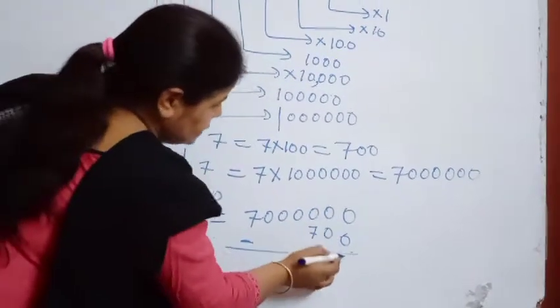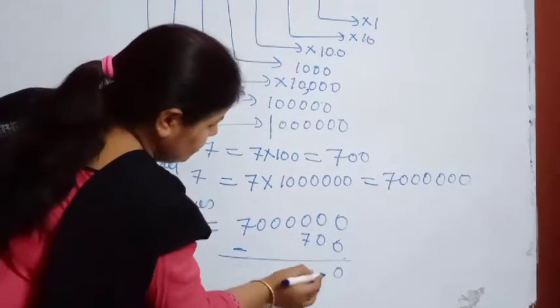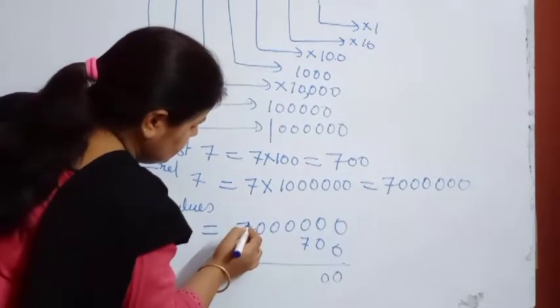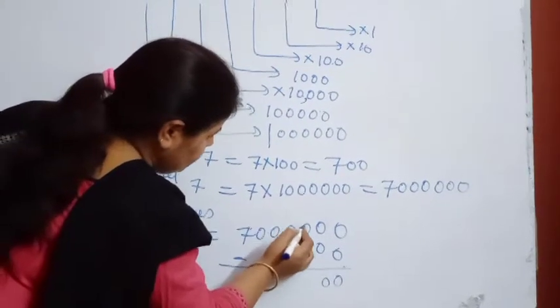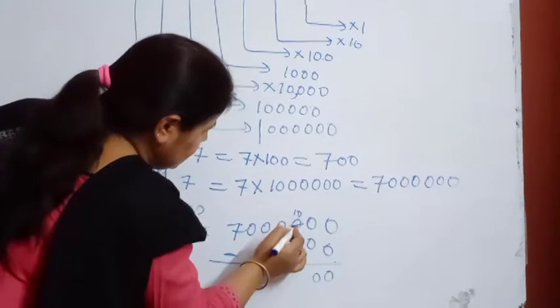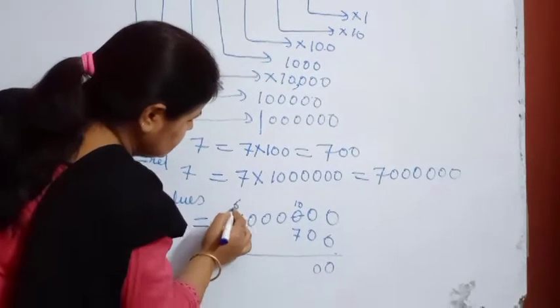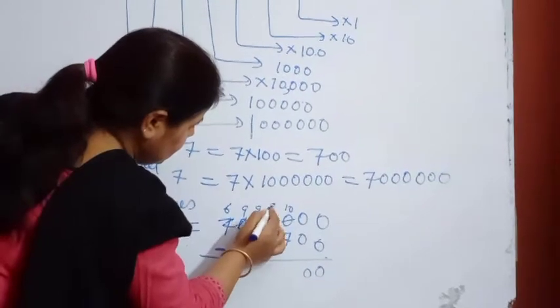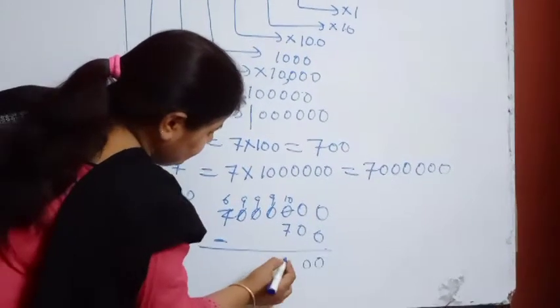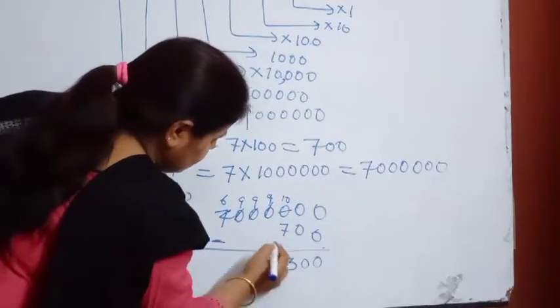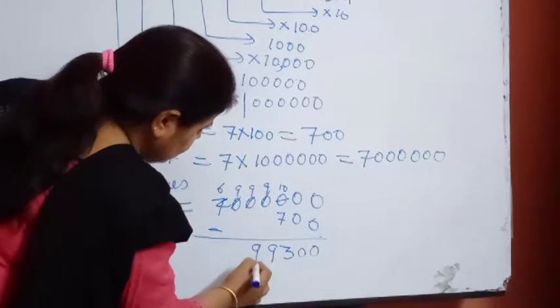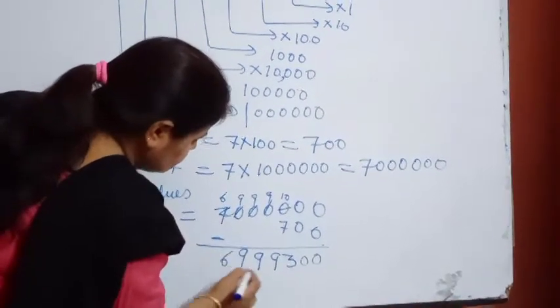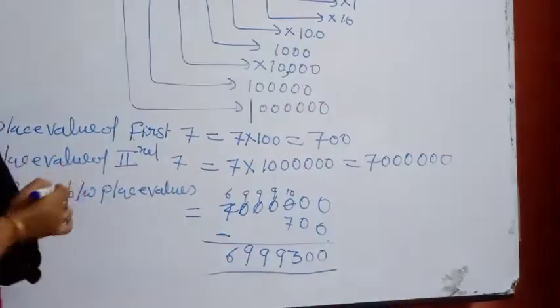See that 0 minus 0, 0 minus 0. Here take carry, it will become 10. 10 minus, here it will become 6. The rest of the number will become 9, 9 and 9. 10 minus 7, 3. Here then 9, 9, 9, 6. It will be your answer.